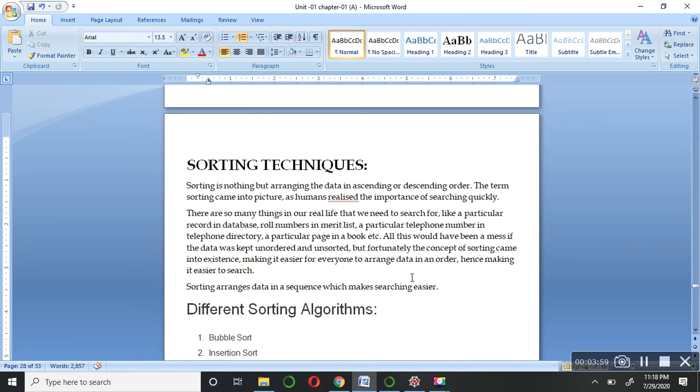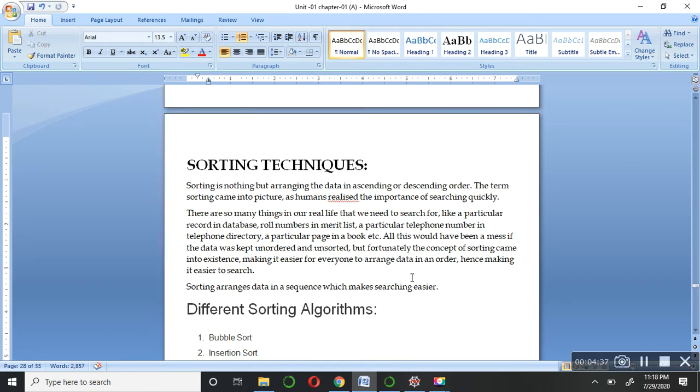So our today's topic, as I have already told you, is sorting techniques. What do we mean by sorting techniques? Sorting techniques is basically a mechanism, or we can say a concept, to provide a sequence to the elements which are given, whether in ascending order or in descending order. So sorting provides us a way to arrange the elements, in ascending or descending order. It helps us to categorize the data or arrange the data in a manner.